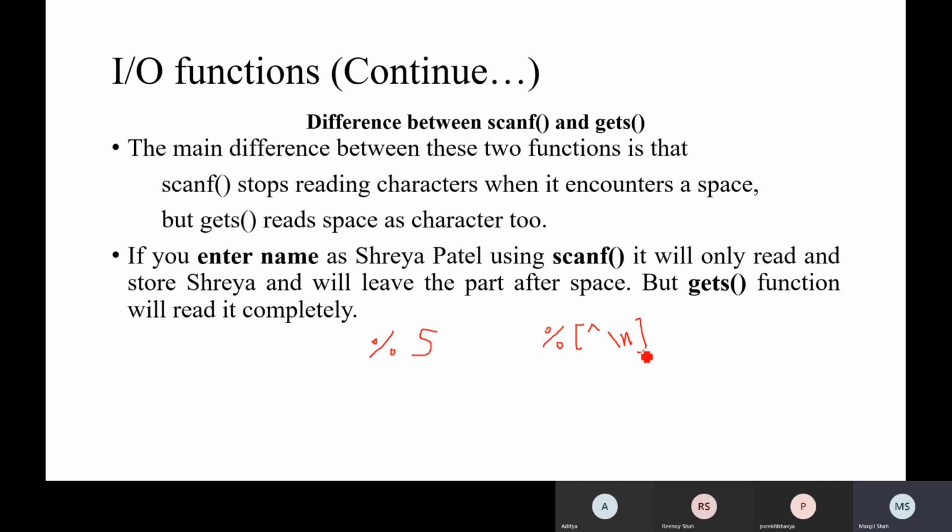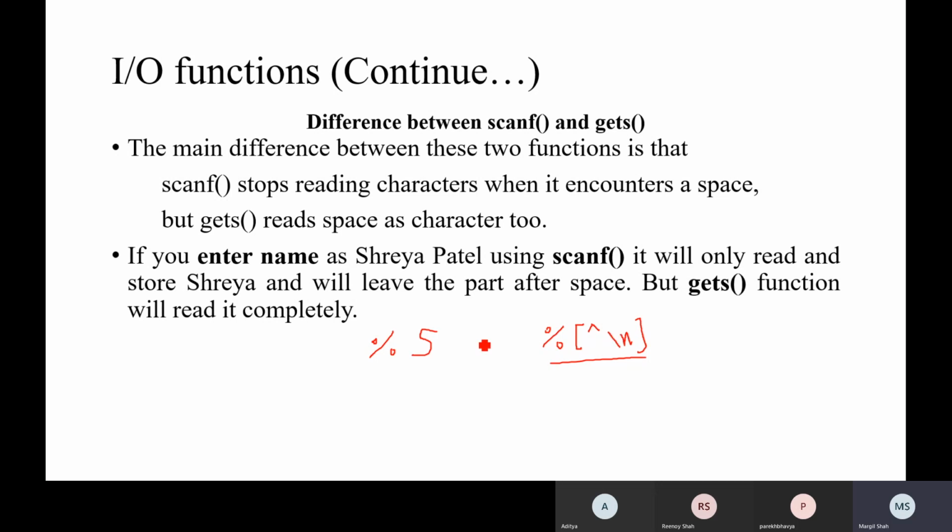Backslash n indicates a new line. So until a new line, it will scan the data, whether it is a space or anything else, all of it will be scanned with the help of this control string.